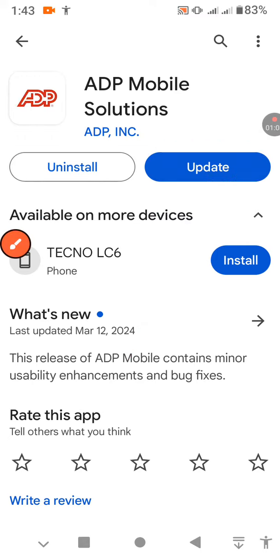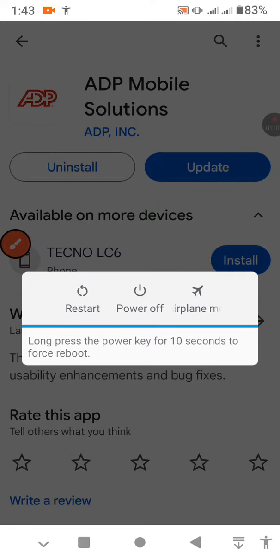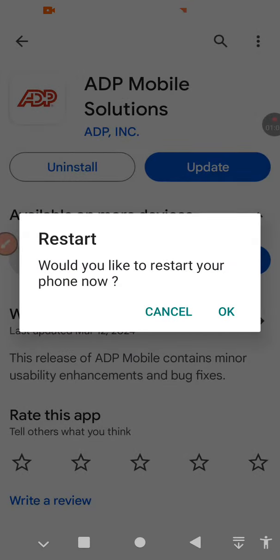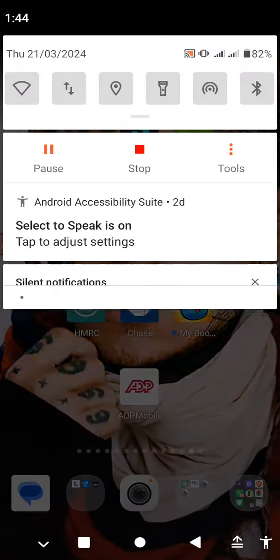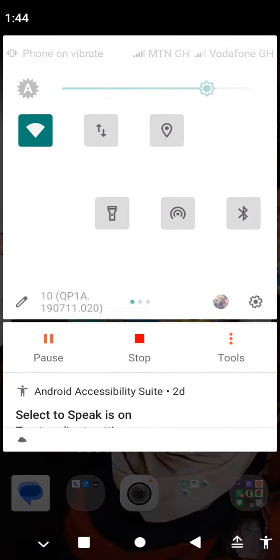So when you get the latest update of this app, tap on the power button for some while, then you tap on restart, and this problem is going to get fixed. When this problem is still not getting fixed, what you have to do is to try to go to your